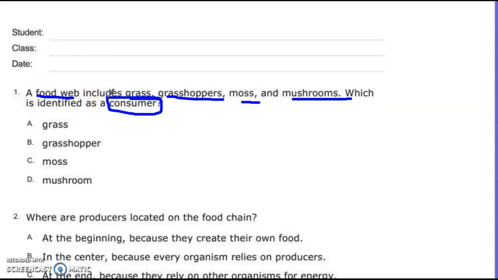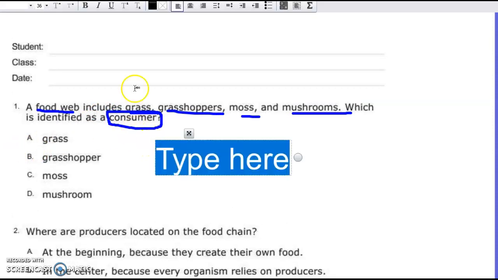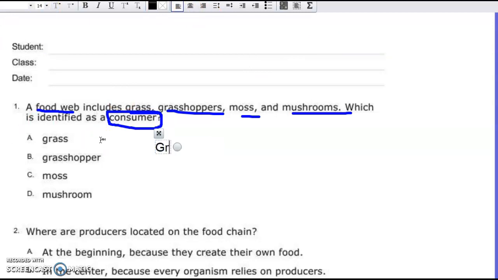So I'm going to break all of this down really quickly. I have way too large of a font, so let's go down to like 14. There we go. So I have grass and I have moss. I know that those are probably both eaten by grasshoppers because these two are plants, and then I know I'm going to have over here